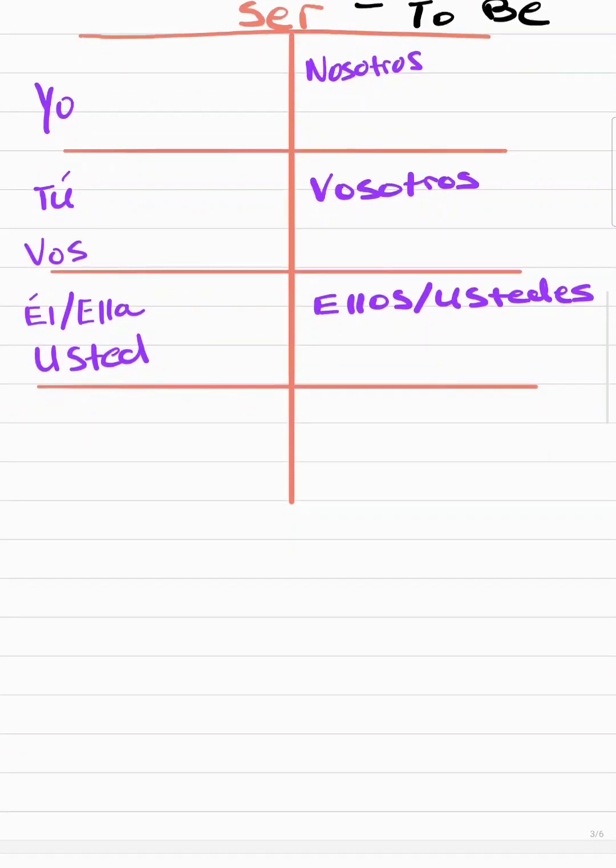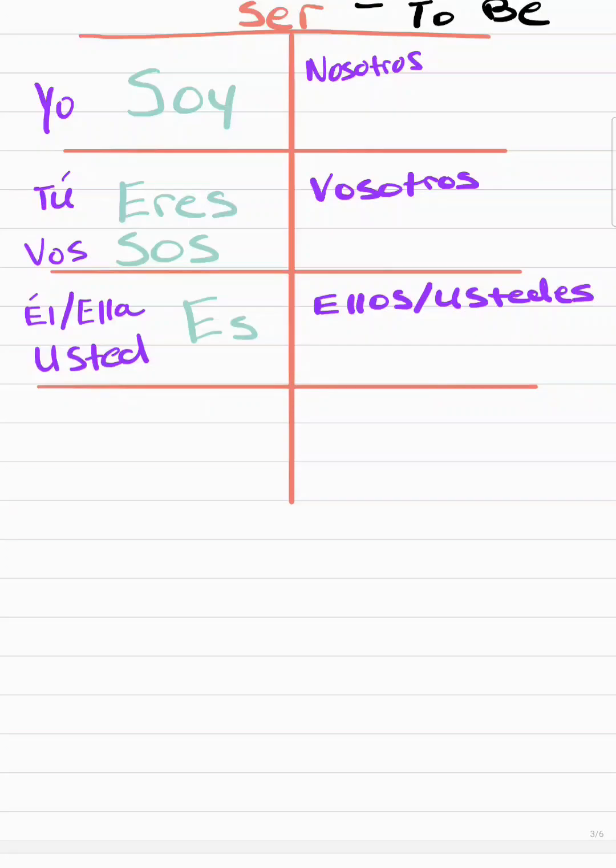Now, these verbs are irregular, so you have to commit these to memory, but you use them so frequently that you will memorize them quicker than you realize because you use them in a lot of sentences. It's one of the most common verbs in English, and I think it is also the most common verb in Spanish. So this would be yo soy, and there's actually a reason for that because a regular conjugation would be so, and it used to be so yo, and then it became soy. And that's really the origin of a lot of these irregular verbs, they were regular at one point and then they became irregular. Tú eres, vos sos,